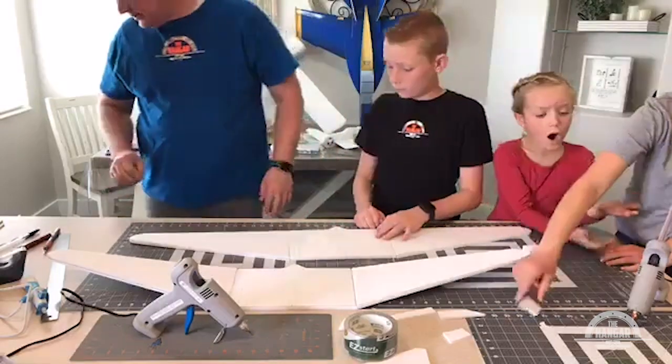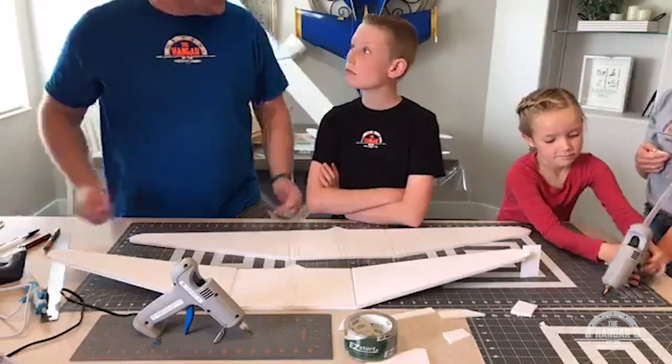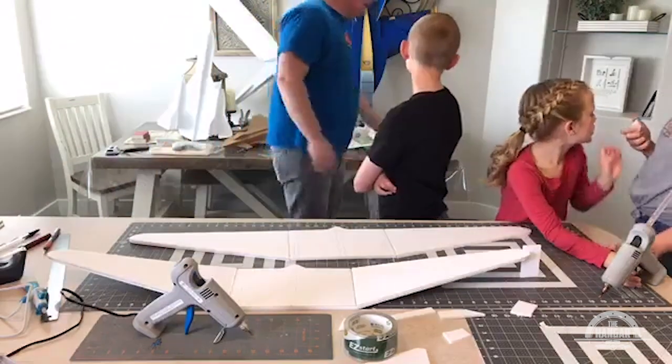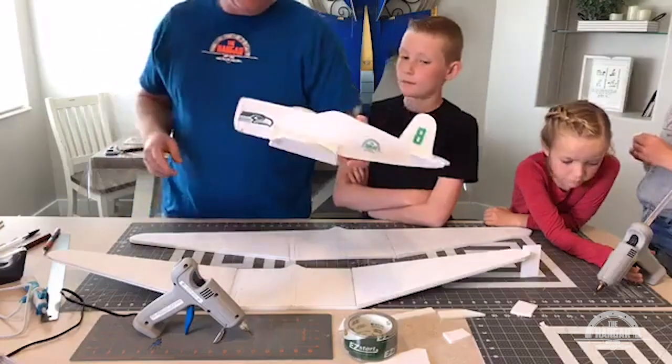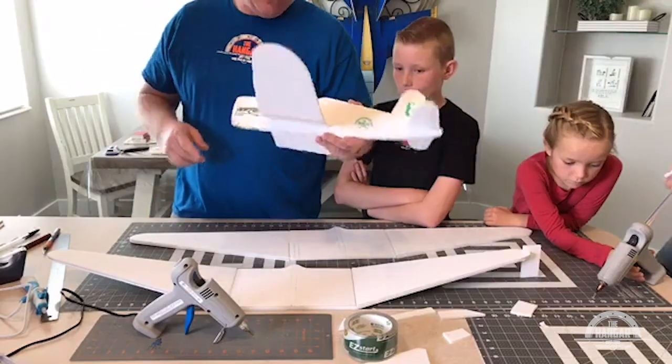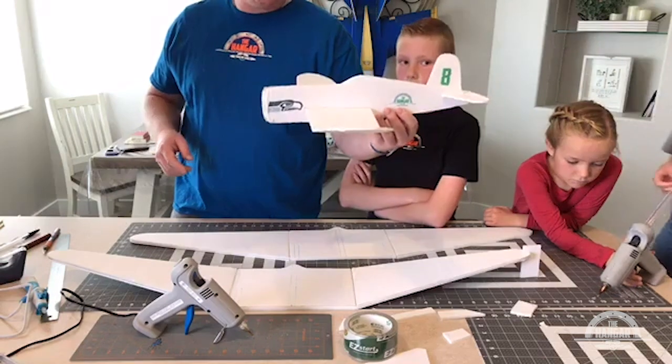So Wes says, I will use colored dark green paper for skin and the decal off the printer. That's what they did. My kids decorated these. We downloaded some logos and stuff of their favorite things off the internet, and they like to put logos and stuff on their planes too, the planes that we don't have